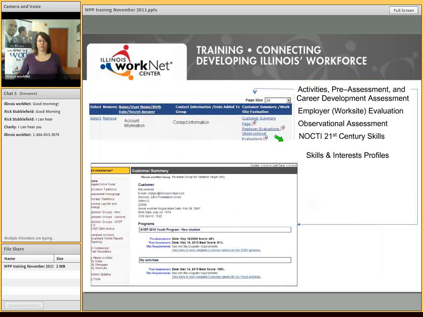Once they're in your customer group, as I mentioned before, you can see all their activities and their pre-assessment, which has changed from the Summer Youth Employment Program pre-assessment. Now it is a 54-question pre-assessment, and it prepares the person to not only take the post-assessment that was used for the Summer Youth Employment Program, but also the NOCTI 21st Century Skills Assessment that's available through WorkNet now to all Illinois WorkNet partners for free, as well as the observational assessment, again free, available to